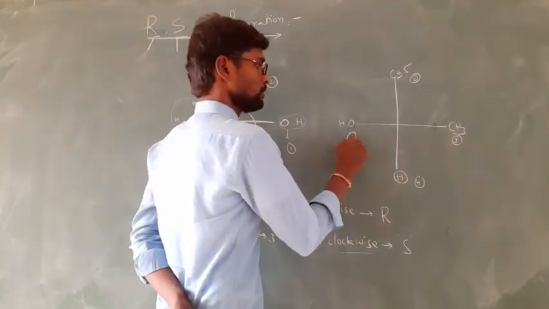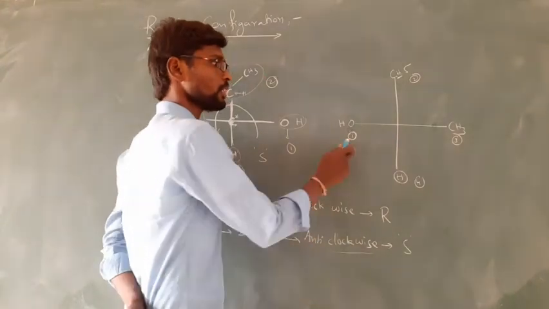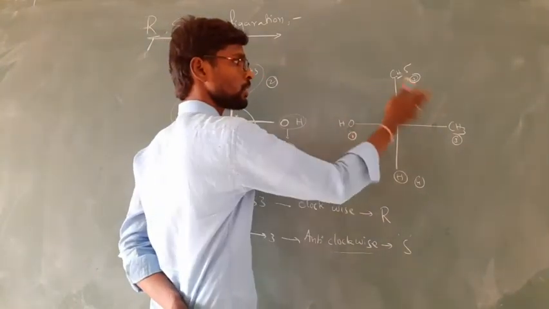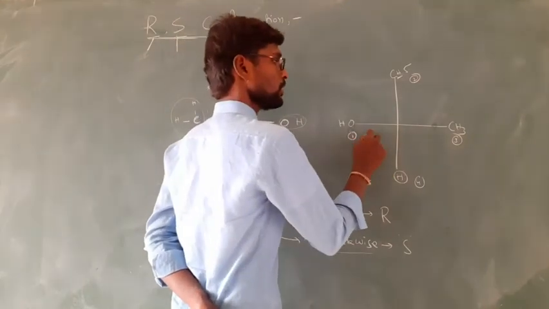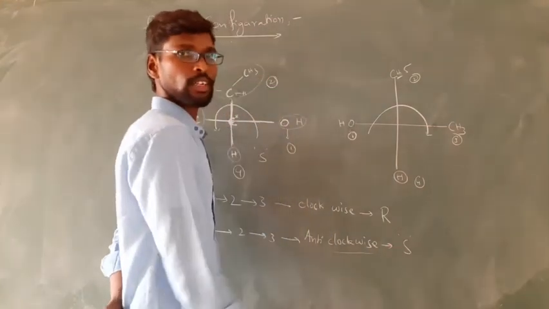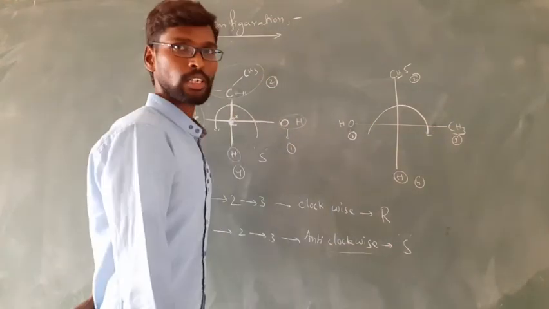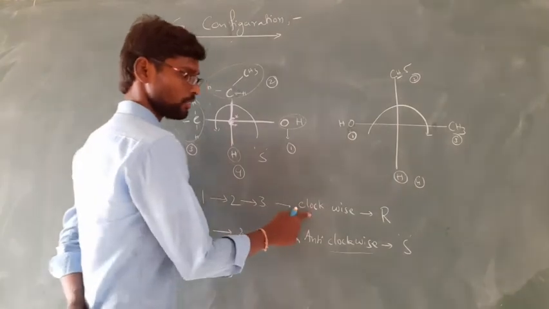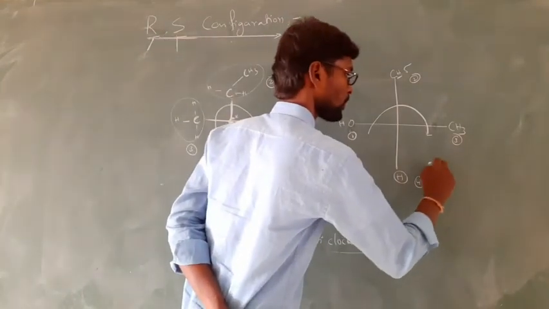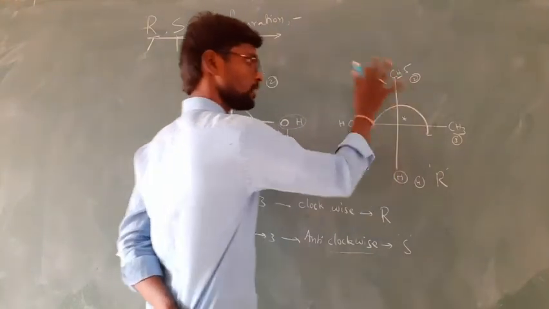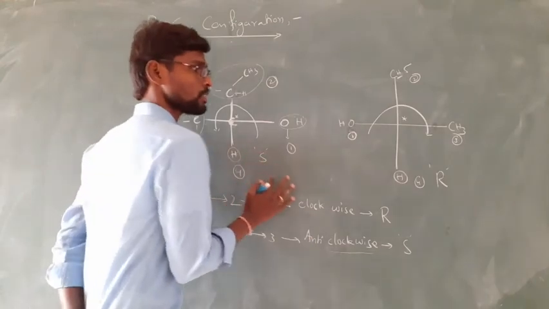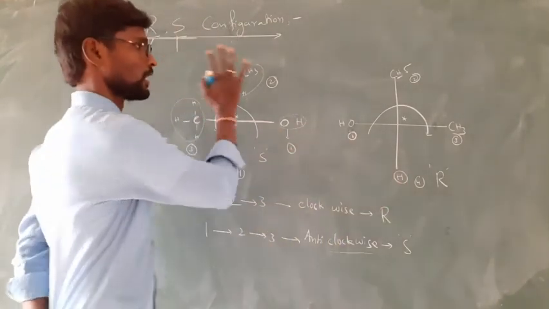Now here the oxygen, OH, will get first number. Now observe the movement of 1, 2, 3. Here in this molecule, 1, 2, 3 are in a clockwise direction. Right, 1, 2, 3 are in a clockwise direction. So if 1, 2, 3 are in a clockwise direction, we have to give a symbol R here. For this chiral center, or for this molecule, we are giving R configuration. Right. So this is a representation of molecules with R and S.